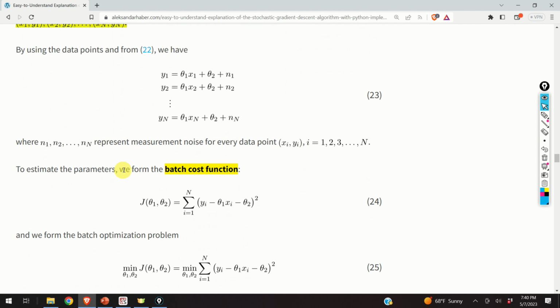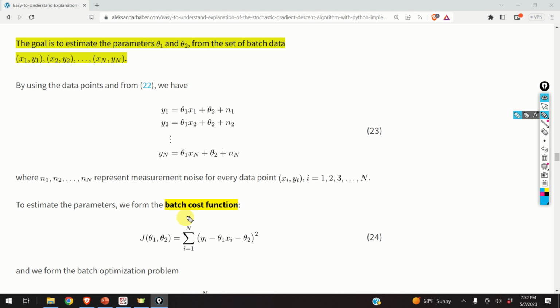To estimate these parameters, we form the batch cost function given by equation 24. This cost function is called the batch cost function simply because it depends on the batch data set. We form this cost function by taking the left-hand side of this equation, for example y1, and subtracting theta1 multiplying x1 minus theta2. Then we square this term